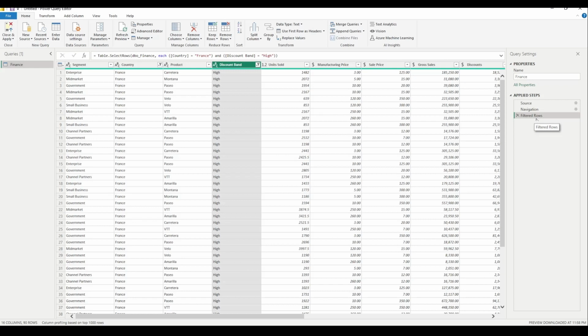Now you can see on the right side there is a pane called applied steps. Whatever transformation we do in the Power Query editor, it adds a step in this pane. My last step is filtered rows. If I right click on it, there is an option named view native query. If I click on it,